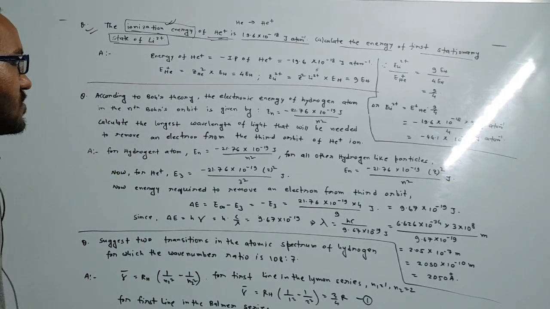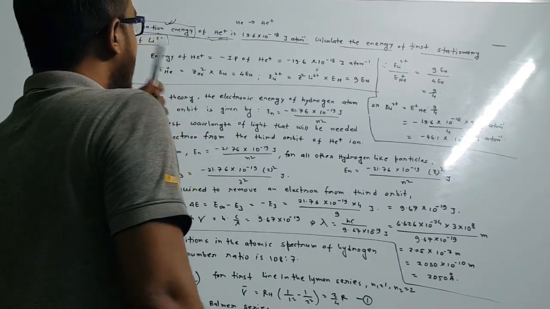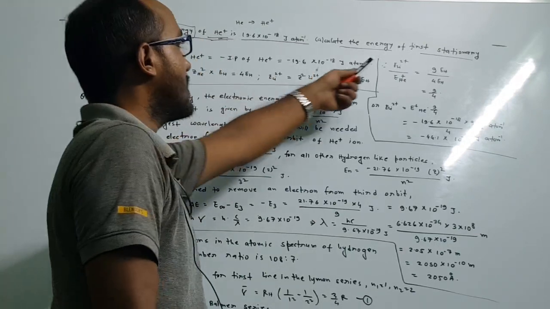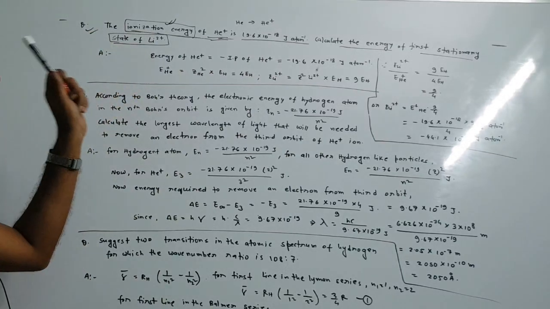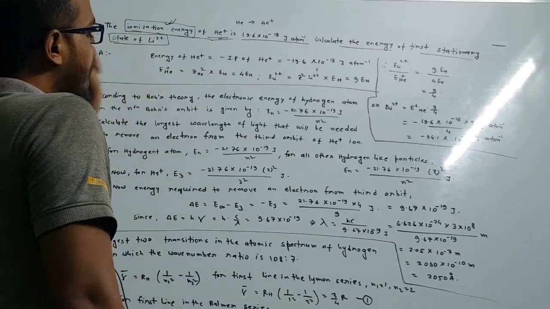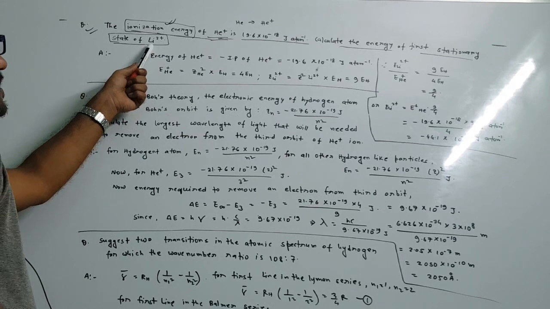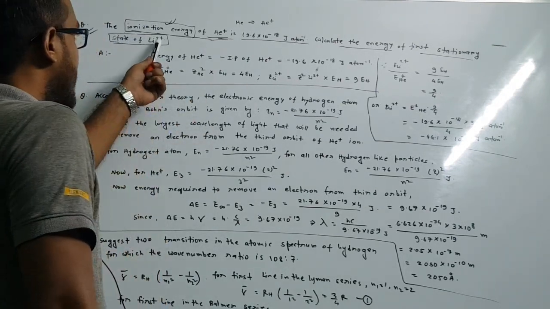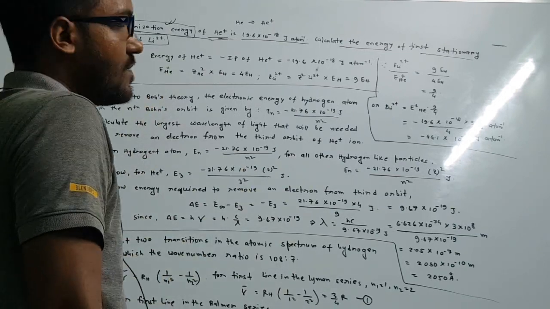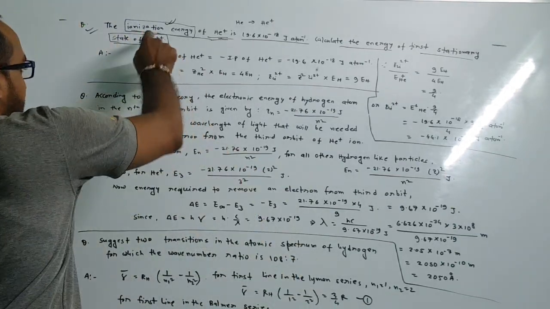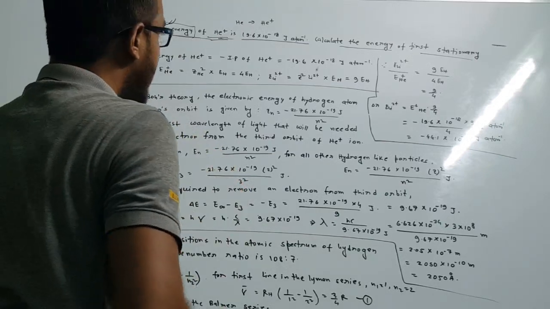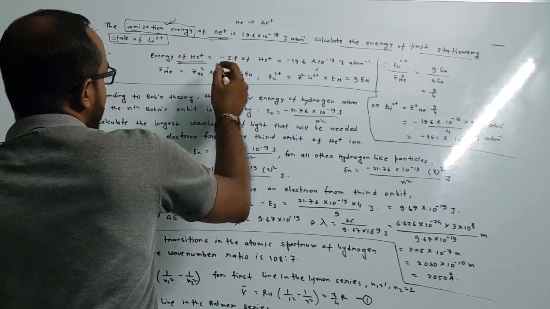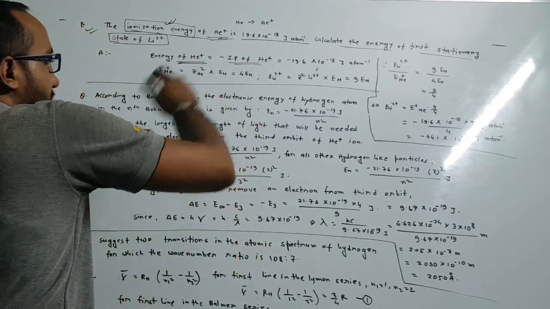Because we know all the information about hydrogen, information is given regarding helium plus, and we have to find out the information about lithium 2 plus. If you consider this lithium 2 plus, it is also a hydrogen-like atom, because we have removed 2 electrons from lithium, so now it has 1 electron. Now see, the energy required, that means the energy of ionization potential, that energy should be